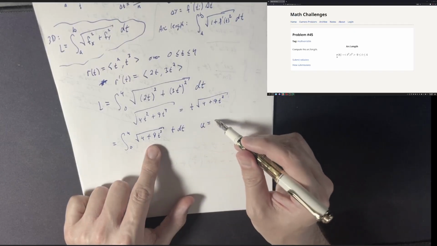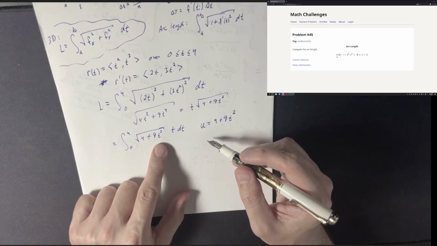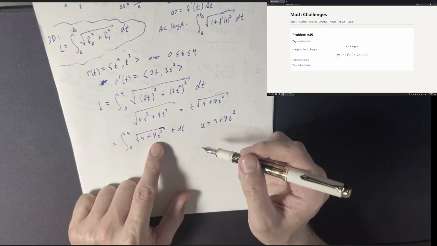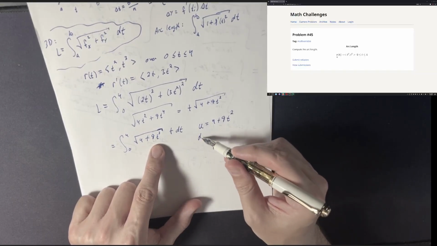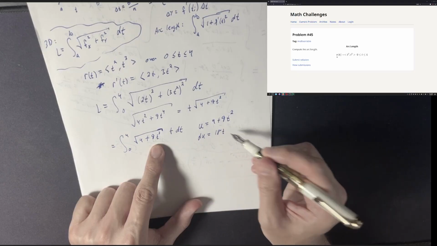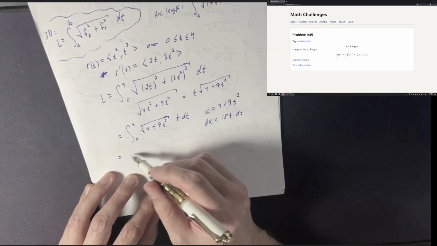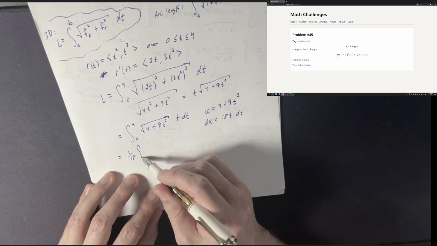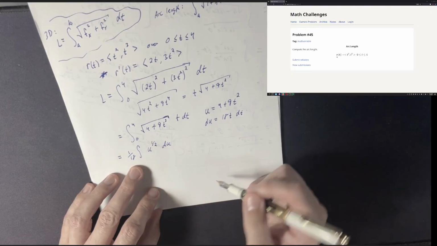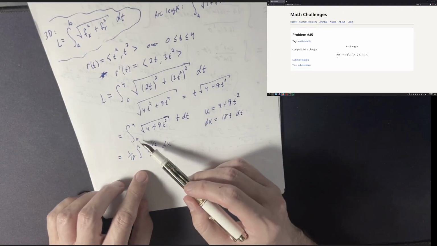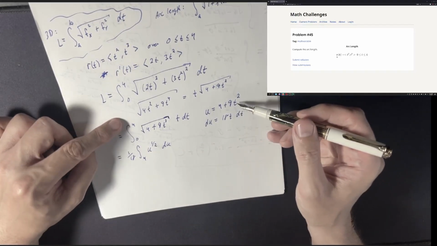If you just do a u substitution, we'll be okay on this one. But you can see why I started to hesitate, because if I can't do the u substitution, this kind of sucks. It's similar to a trig integral that we just looked at, but not very nice anyway. 18t dt. So it looks like I can replace this with 1/18th, and then this is root u. I'll have a du here, right? And these numbers have changed. So when t is 0, u is 4. And when t is 4,